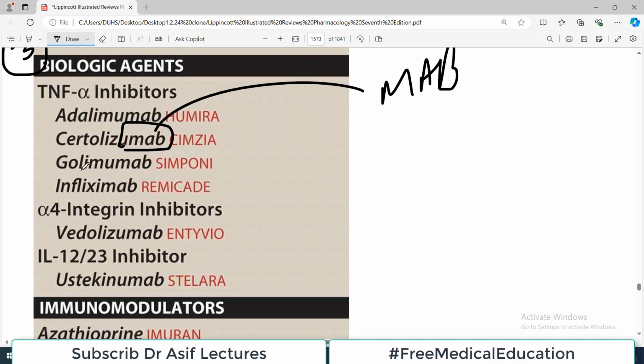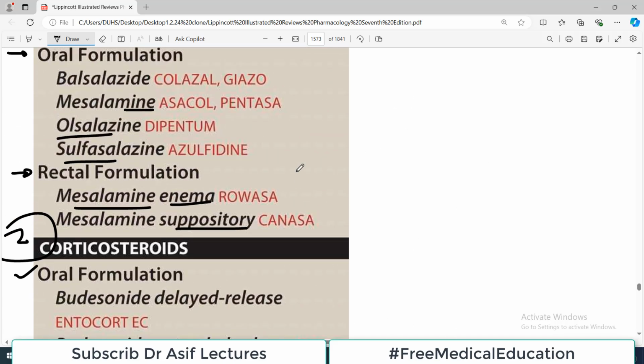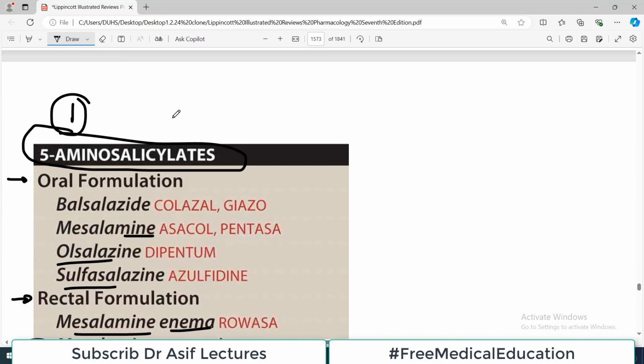Infliximab, golimumab, and then there are alpha-4 integrin inhibitors and interleukin inhibitors, 12 and 23, ustekinumab. Then we also sometimes use for maintenance immunomodulators, including azathioprine, mercaptopurine में I would recommend going through this table a few times until you memorize them, because this is